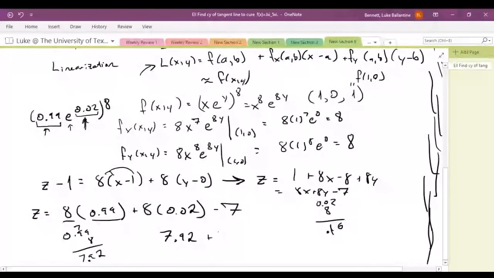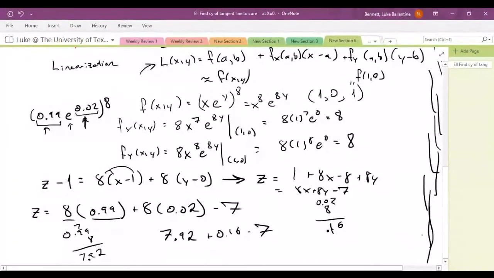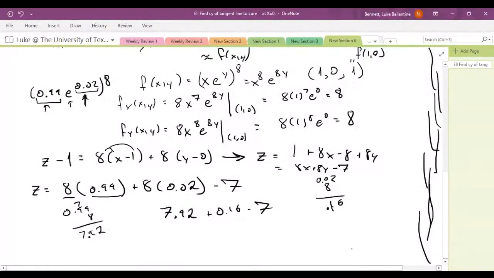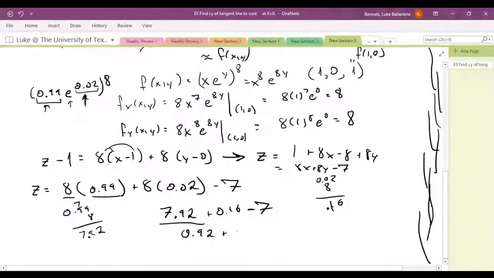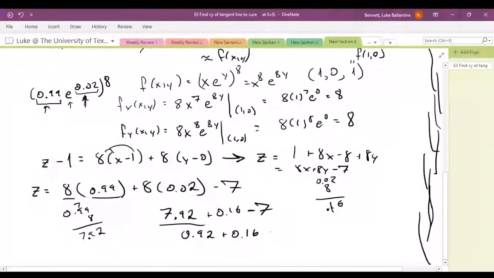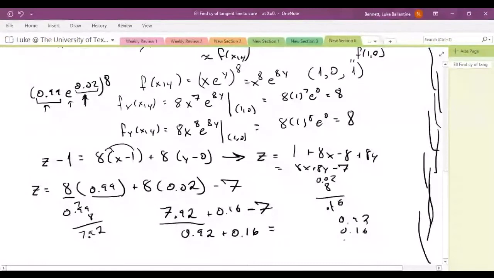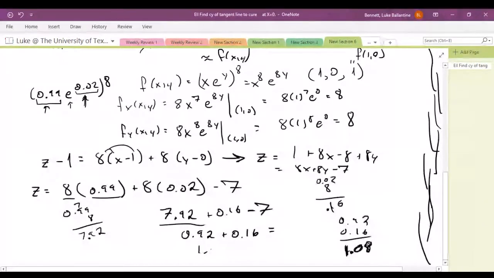Plus 0.16 minus 7. So we have 7.92 minus 7. This is just 0.92 plus 0.16. So this is 1.08,